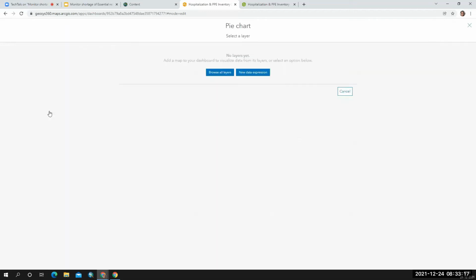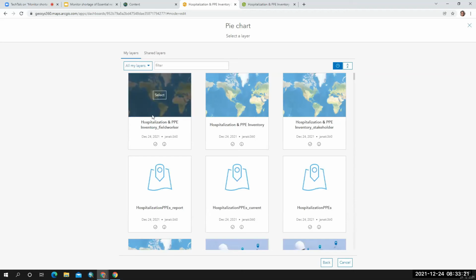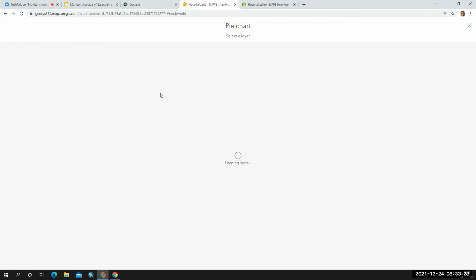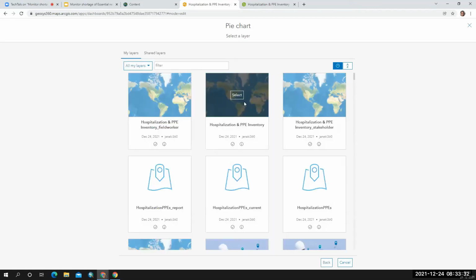So I can add a pie chart. So based on the field data, like this was created just now by us, I can take this information and I can add the layer.